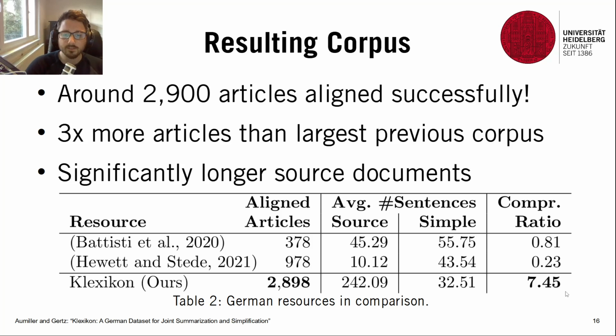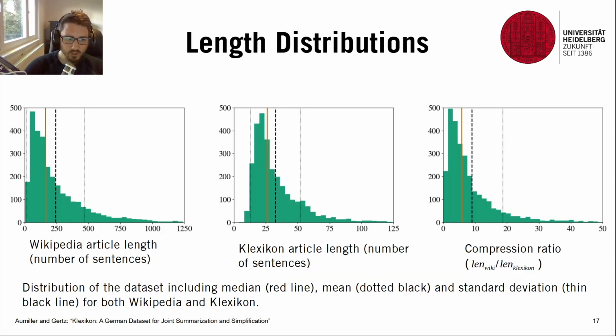This gives us reason to believe that it's a very suitable problem setting where we actually need this summarization in addition to the hopefully described simplification of those articles, which we'll look at a bit more in just a second. When talking about the length of the dataset, it's also quite interesting to look at those. We see both follow some kind of a Zipf's law distribution where we have a lot of shorter articles and then a very long tail distribution towards longer articles. One thing that I want to point out here is that you should factor in the x-axis of the length for Wikipedia and Klexikon articles is different by around a factor of 10 to adjust for the different length properties of both domains.